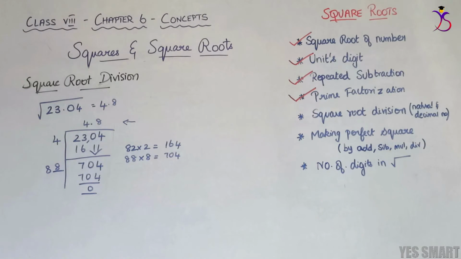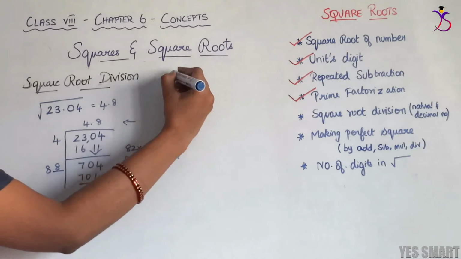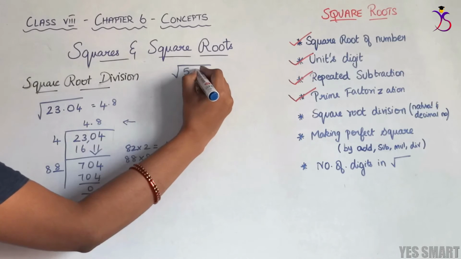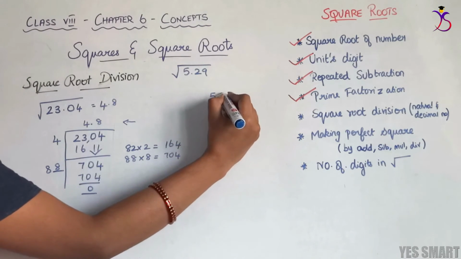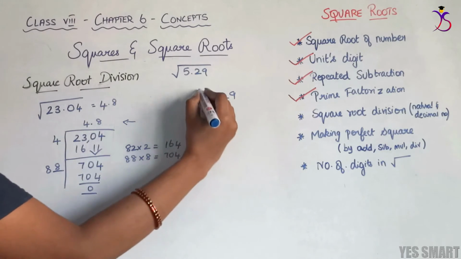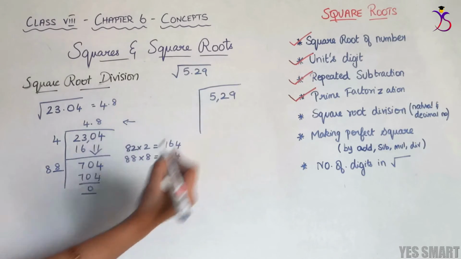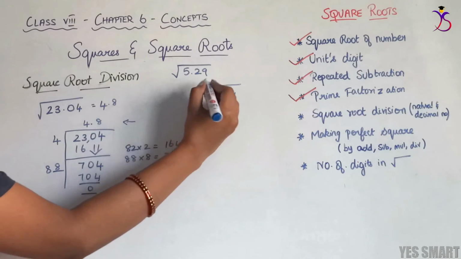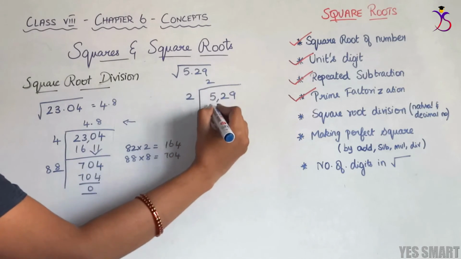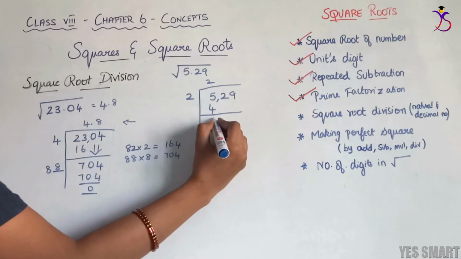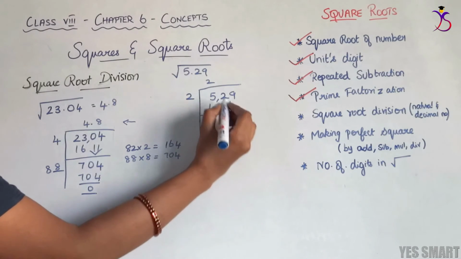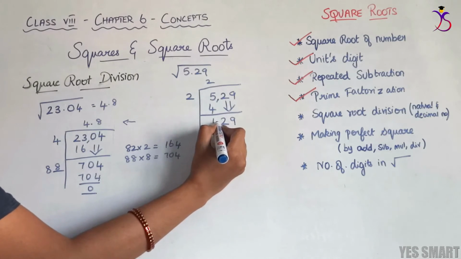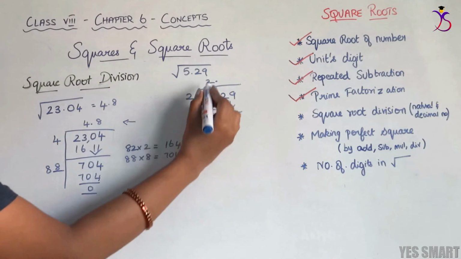Now let's look into another example where we will have an odd number of digits. Square root of 5.29. 529. So let me put the comma between 5 and 2 because we will be inserting commas in this direction. So 5 is left alone. Now let's use 2 because 2 2s are 4. On subtracting, we will have 1. Now we are just crossing the decimal point and bringing the next pair down. So let's put a decimal point in the quotient as well.